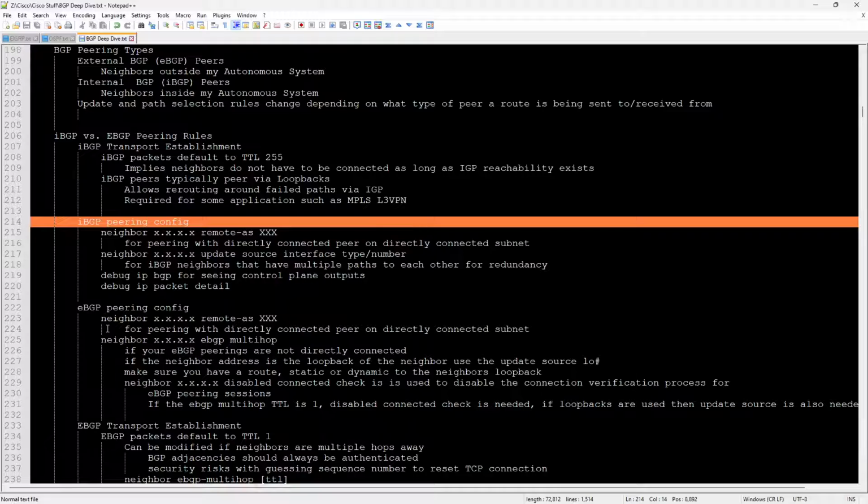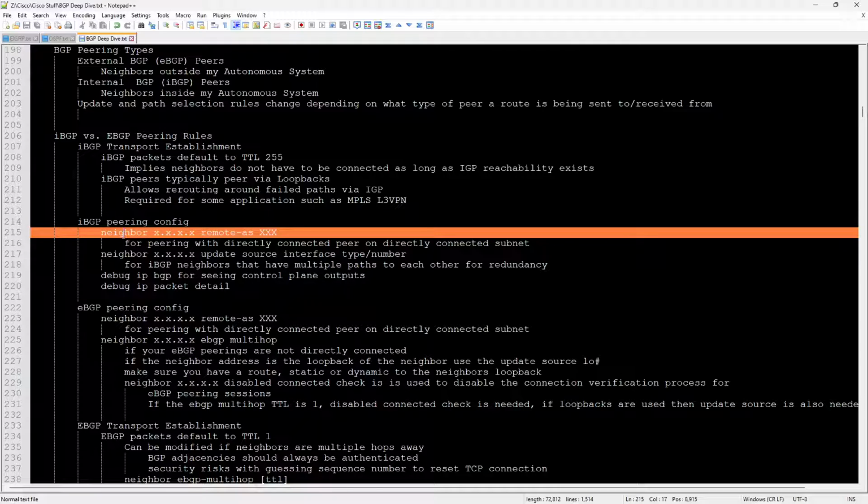IBGP peering configuration is very, very simple. And so the configuration for both is the exact same syntax. Neighbor, the /32 host route IP, remote AS, and then your autonomous system. So your autonomous system number would show up here in the XXX, would be the actual peering AS. So your local AS,